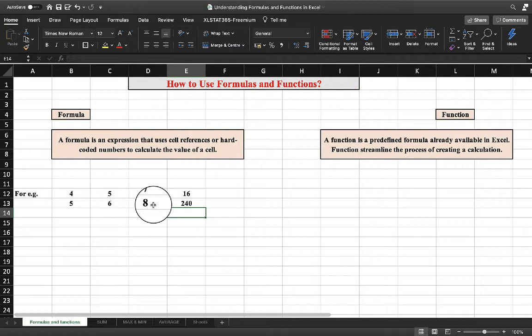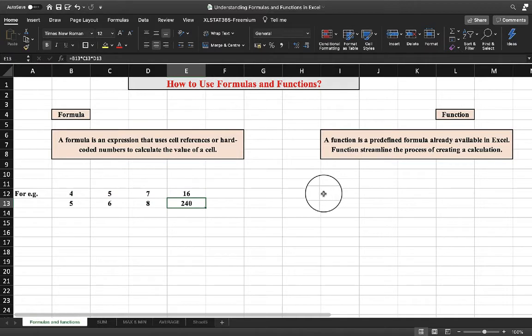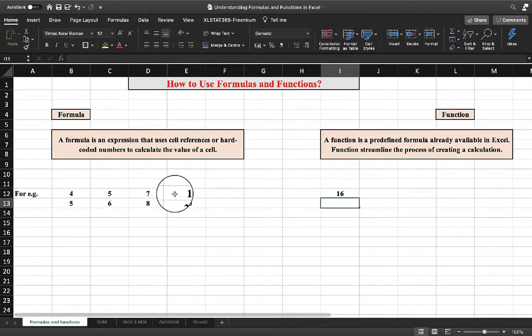For example, if you wanted to add up a range of cells without using a function, you would simply need to write each and every cell separately, just like I have done here. But in the case of functions, I'll simply type equal, type the sum function, and select this cell to this cell, and I can easily get the answer as I got it here. So that is the beauty of a function.